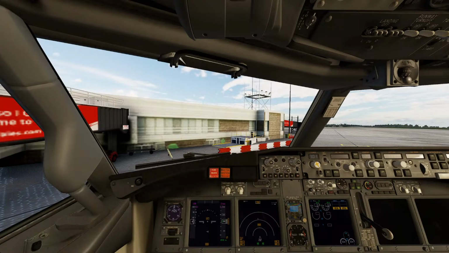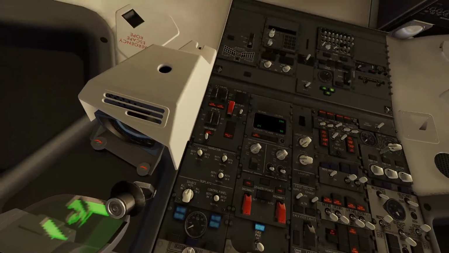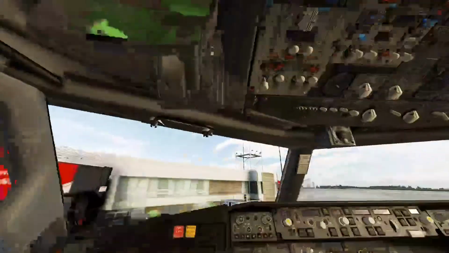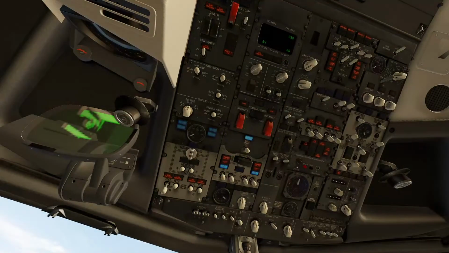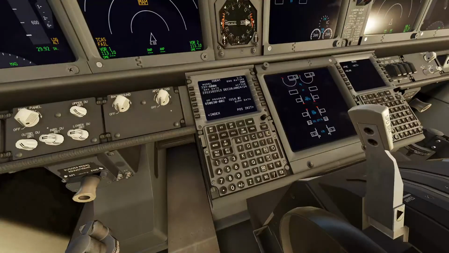I can go up here, down to the FMC, and we'll start getting the flight plan. Okay, so before I do that, I'll line the IRUs. Make sure ground power is on. Now we're on ground power. Set the battery, and then down to the